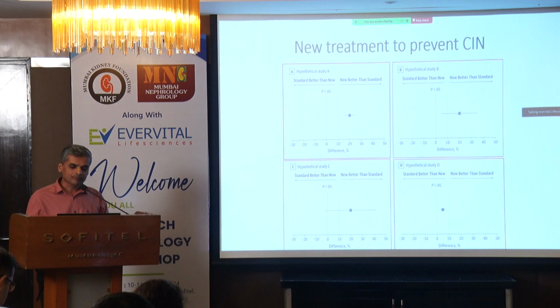Study D has a large number of patients. We have some 900 patients here. You can see here there is 5% reduction in the risk of contrast-induced nephropathy. Very narrow confidence interval because a large number of patients are there. But these results, although statistically significant, because probably we have studied a large number of patients, they are not clinically as